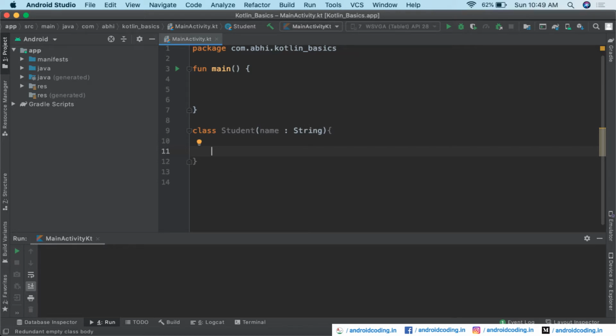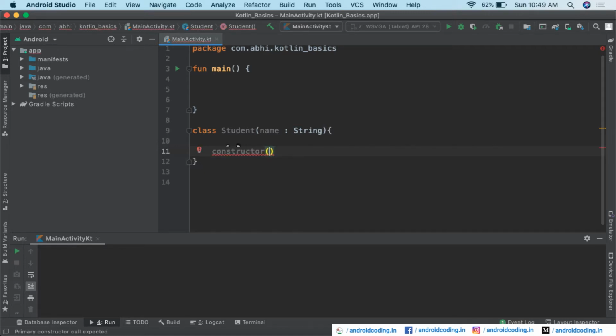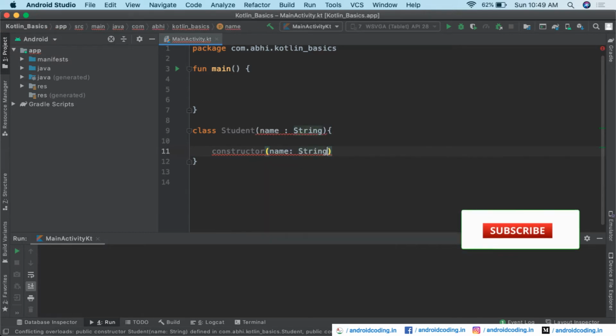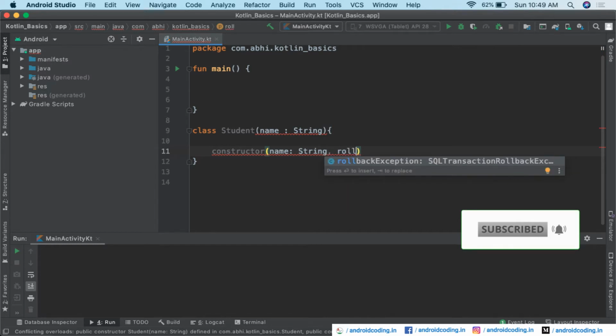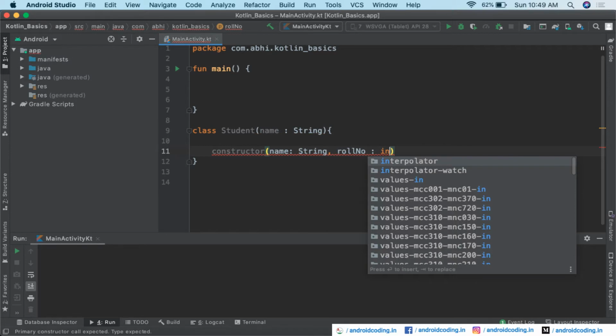Now let us add one more constructor here, for which we need to specify the constructor. It will be considered a secondary constructor in our class Student. I will add roll number as the second parameter.